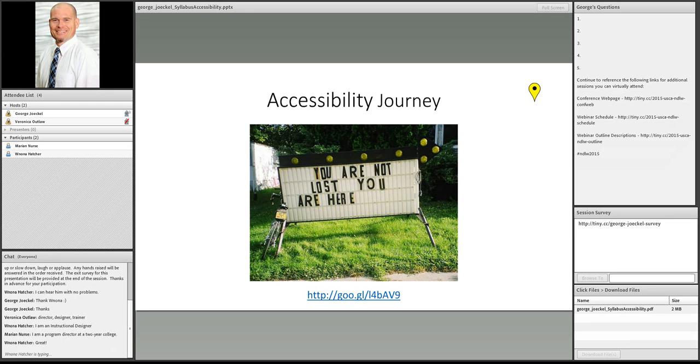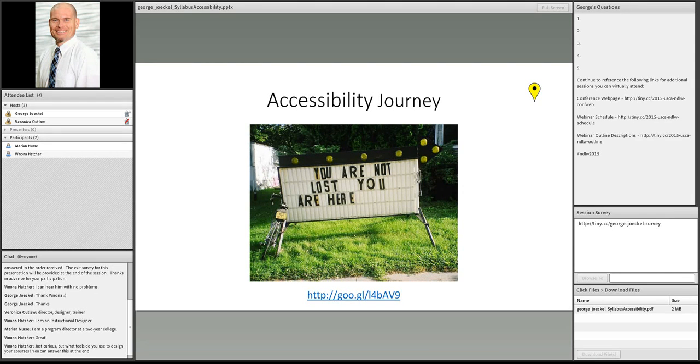So from the title, getting started on your accessibility journey. I've heard a lot of folks in the accessibility circles talking about accessibility as a journey, and I think it's a really good metaphor because in reality, just like most things in education, accessibility is not an endpoint. It's not a place that you get to and then you're done, you've arrived and you have a big party, and then accessibility is handled.